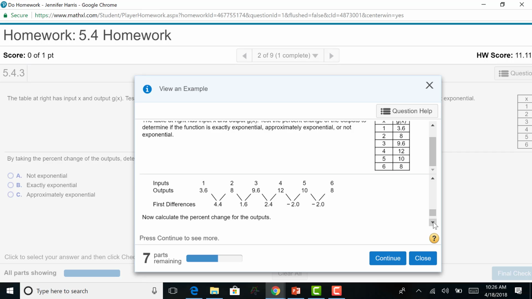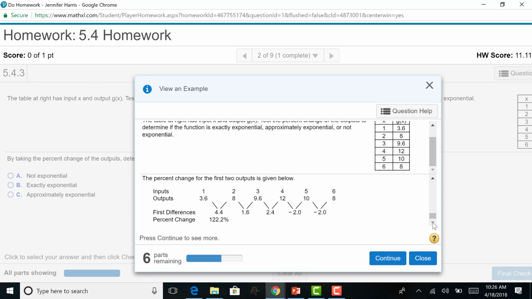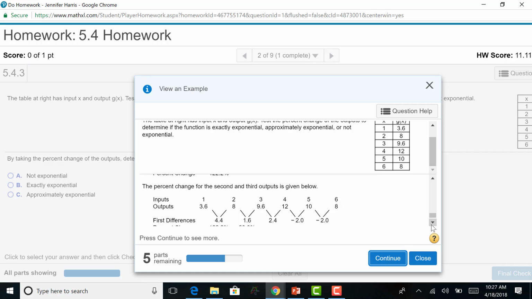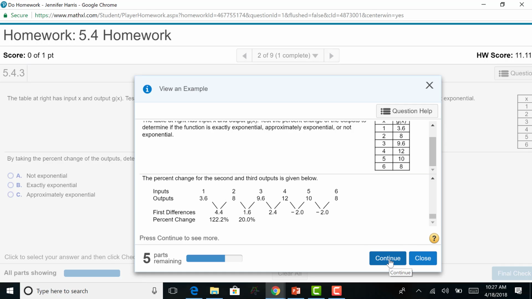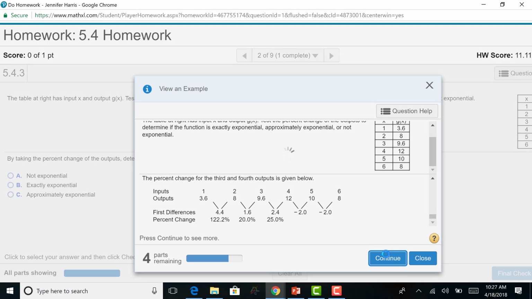So let me click continue. All righty, let's see what we got at the bottom of the screen here. Okay, as you can see, they're putting the number down there as they get it. Okay, so there's that number. Continue. I'm just letting you see that they're dividing. So you can see that once they divide, they get an answer here. Continue. All right, look at all those percent of change that they have here at the bottom. And if I continue,